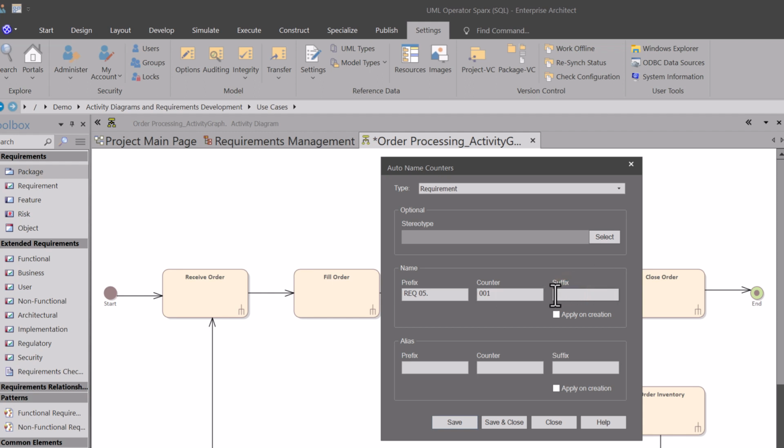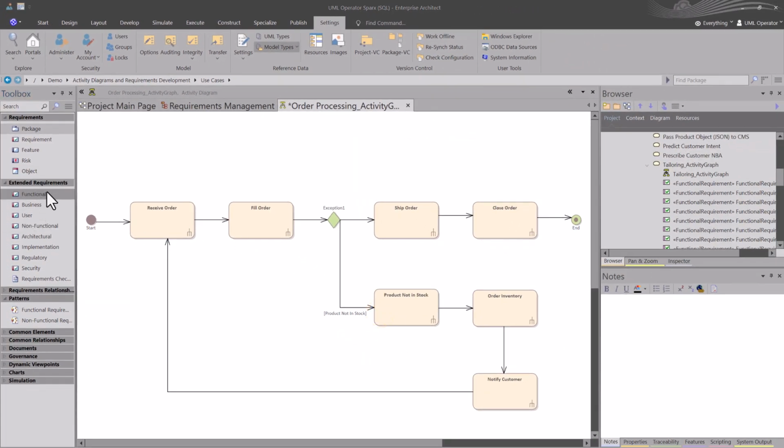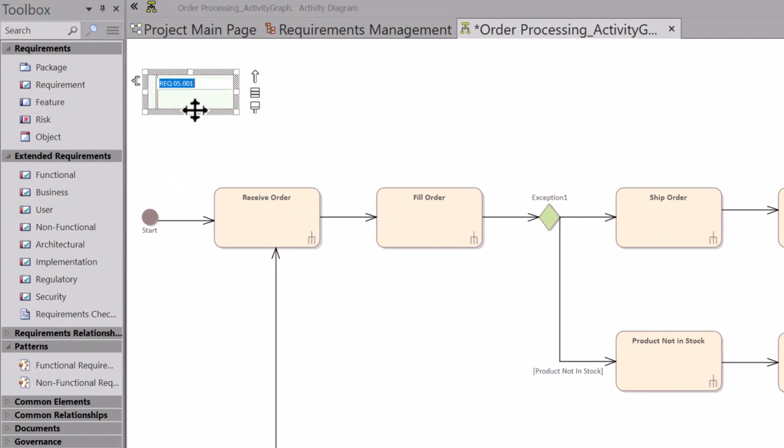In the suffix, all I'm going to do is put a space because I want a space between the ending of this and the beginning of the name. I could certainly put colon space, but I am just going to do a space. Make sure you select apply on creation and then save and close. Now, when you bring in any requirement type in here, we're going to bring in a functional. Watch this. It auto numbered it, named it for us, starting at 001. So this functional requirement, and I'm going to draw realization traceability to this functional requirement,